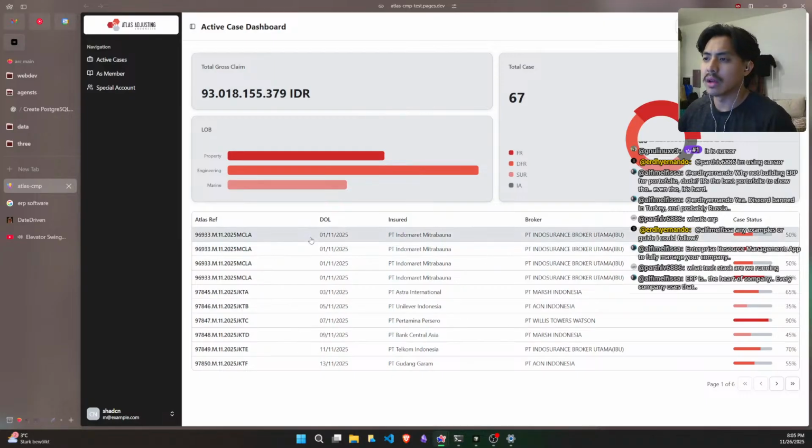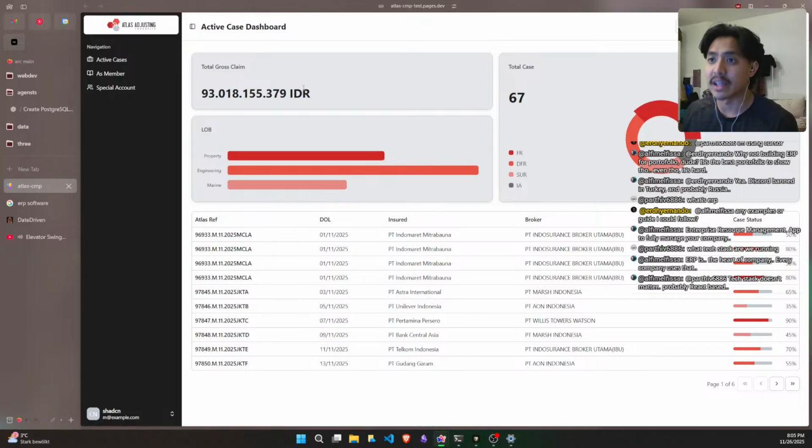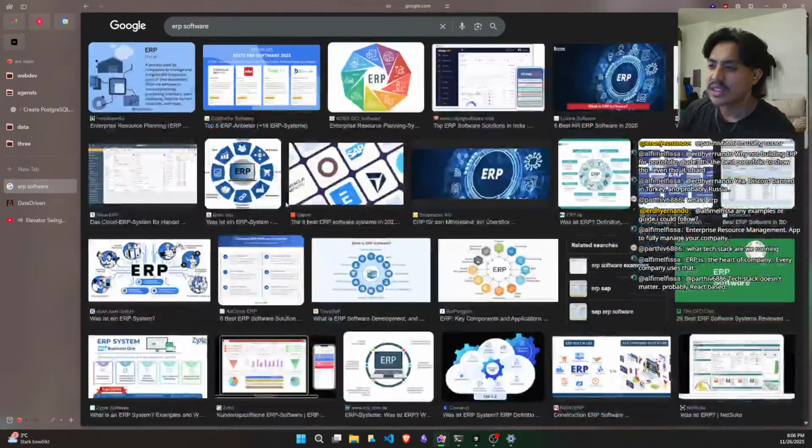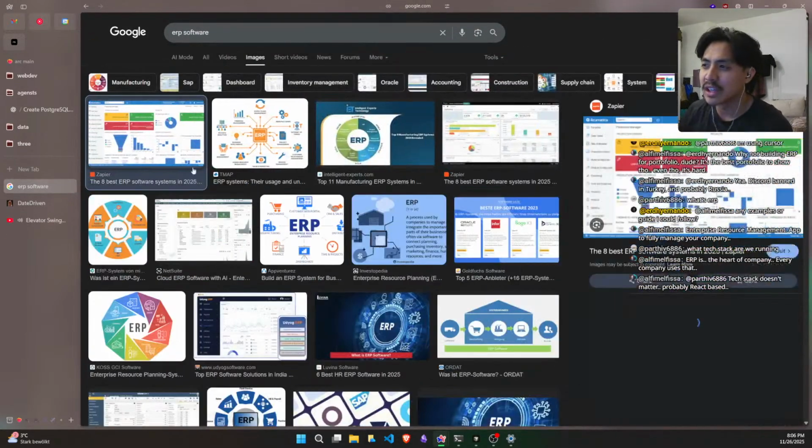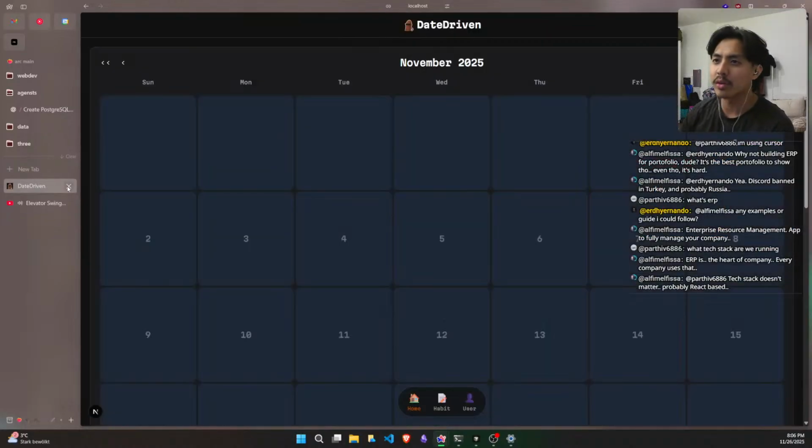I already made this, but it's currently only using static data, not fetching data from any API yet. So I'm waiting for approval and revision, things like that: what could be improved, what could be changed. From there, I could continue to connect it to the APIs with real data. But yeah, it's semi ERP, not fully ERP. I would say it's only one part of it.